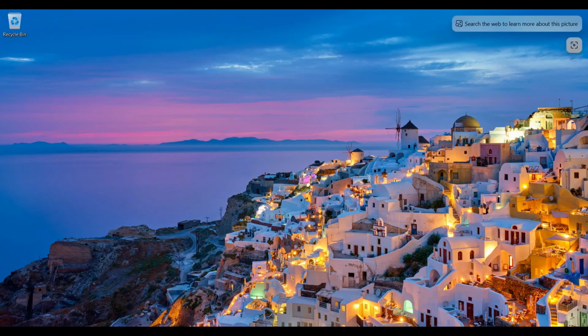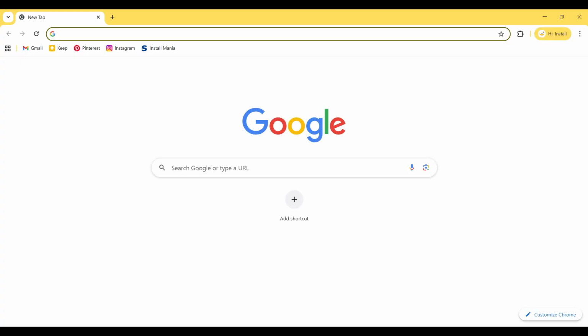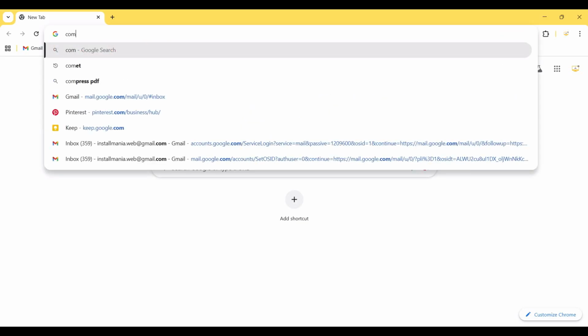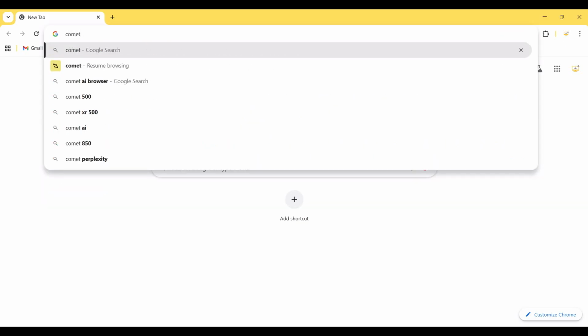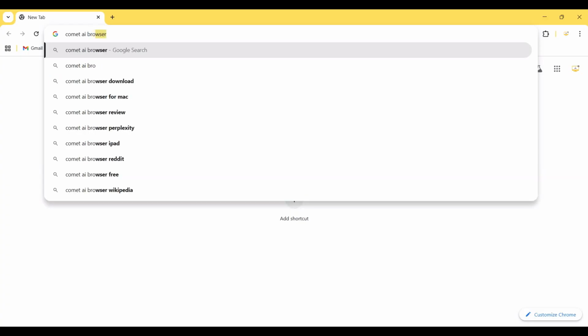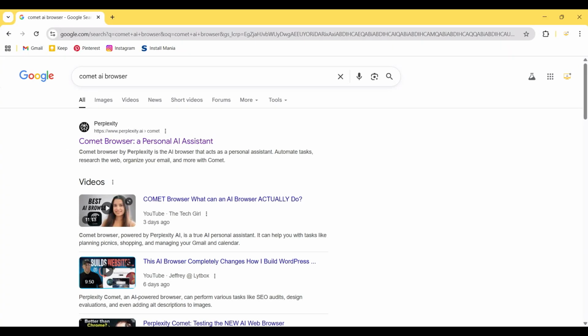So now I am going to install it and show you how to use it on a Windows 11 PC. First of all, I open my browser and then I search Comet Browser and hit enter. This is the official website of Comet Browser. I click on it